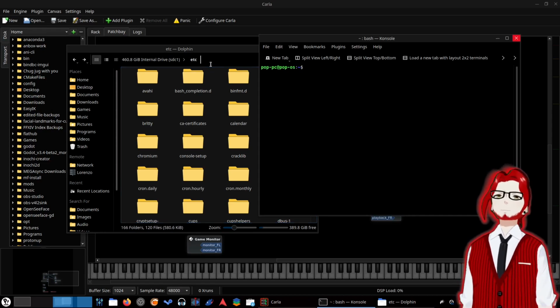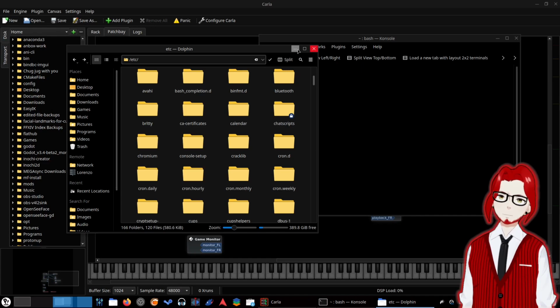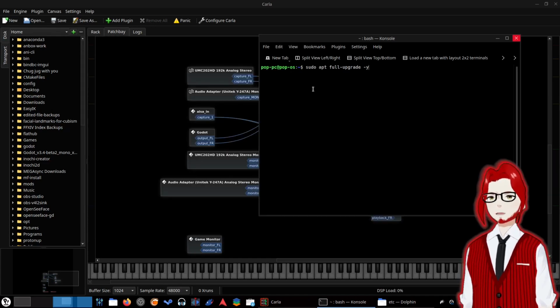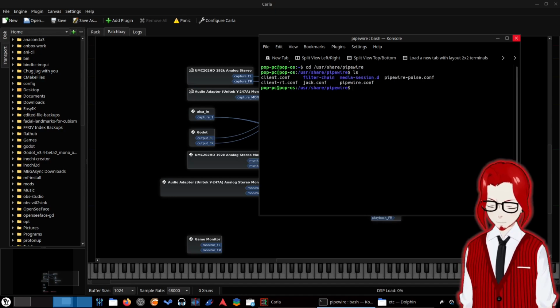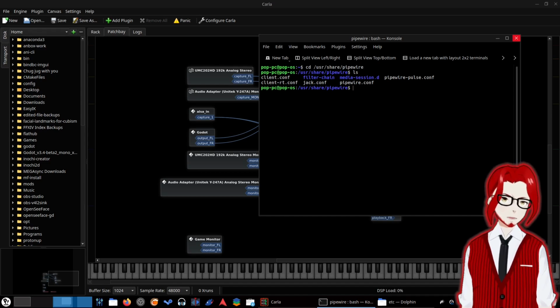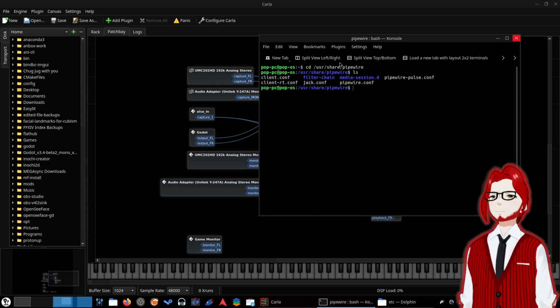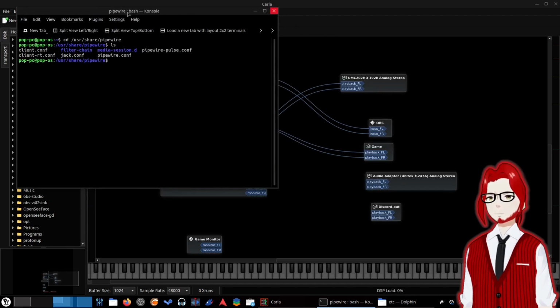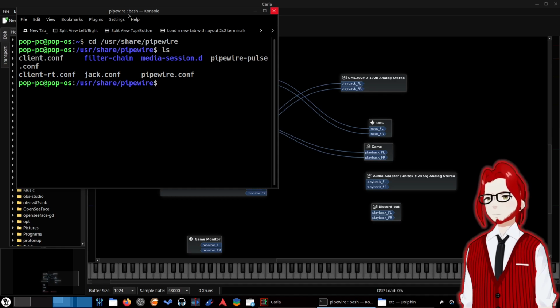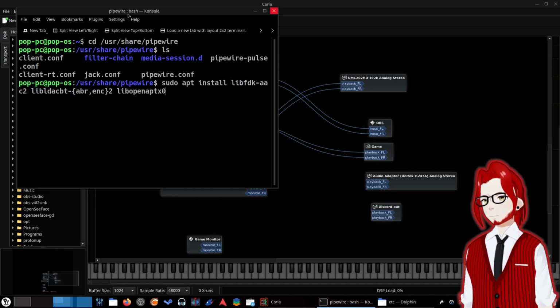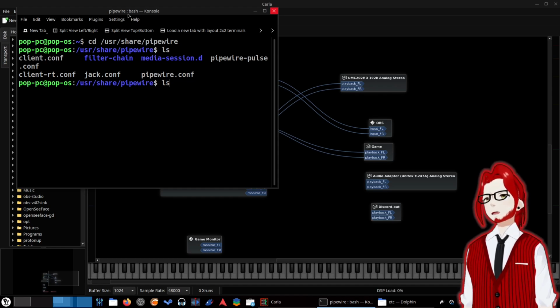But anyway, moving on. This wouldn't work in the Dolphin config. You had to use the terminal. So actually, if I go through all my, here it is, user/share/PipeWire, and I listed out, I needed this pipewire.config file. So what you would have to do, let me make my terminal a little bigger. There we go. So you can see it's pipewire.config.